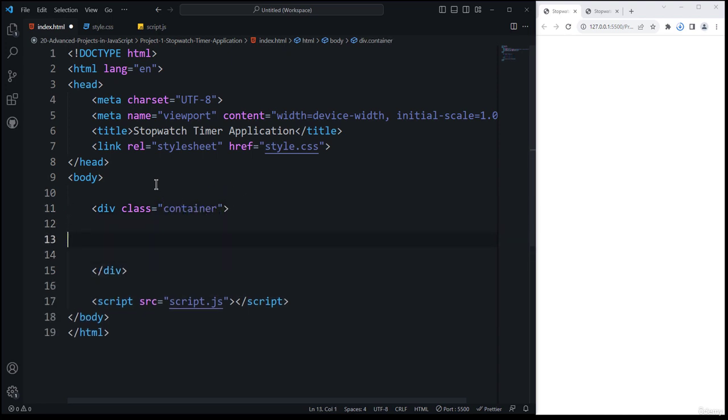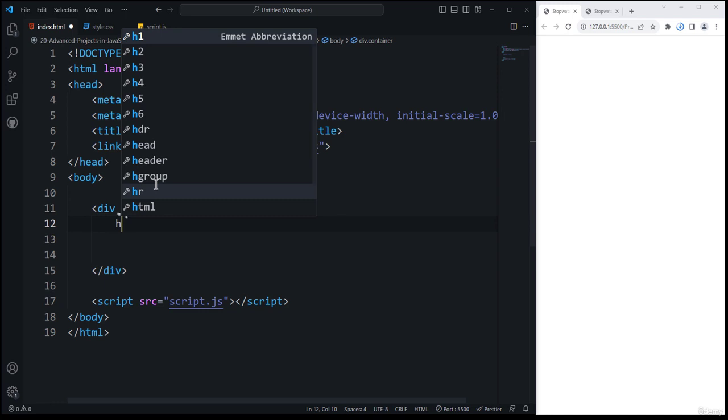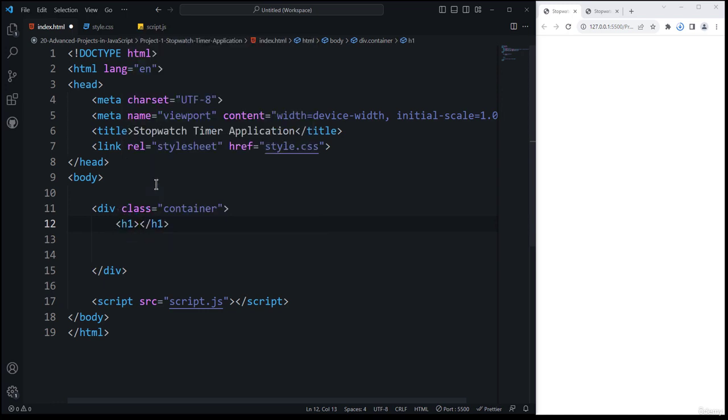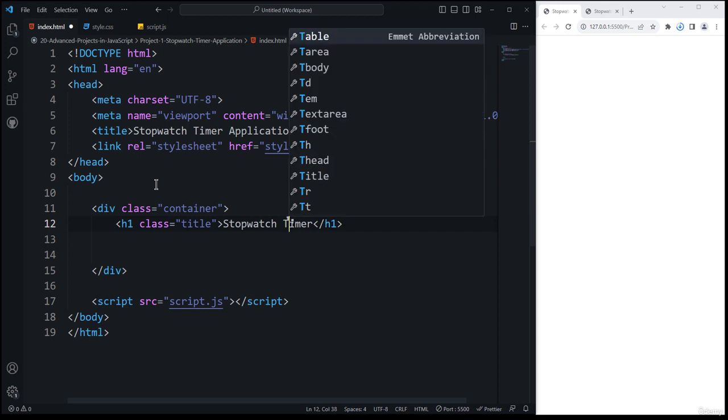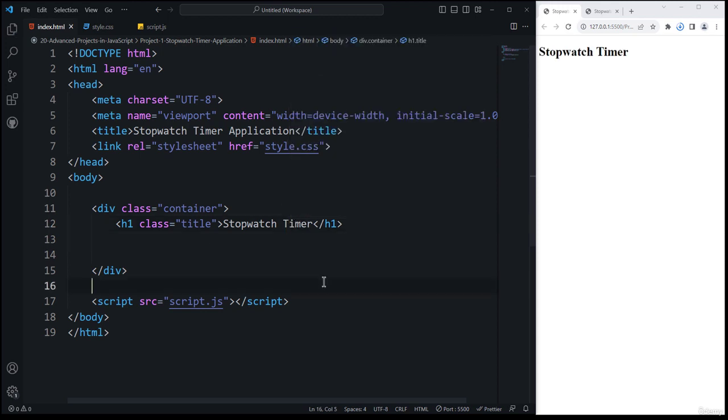Inside of this container, the first element that I want to place is the h1 element, and the class of this h1 element is going to be title. Inside of that we need to place the title, which is stopwatch. If I Ctrl+S save it, you can see the stopwatch timer heading now appears inside the